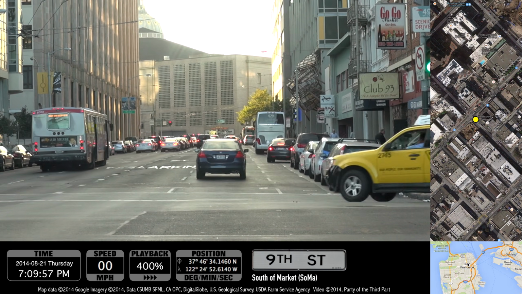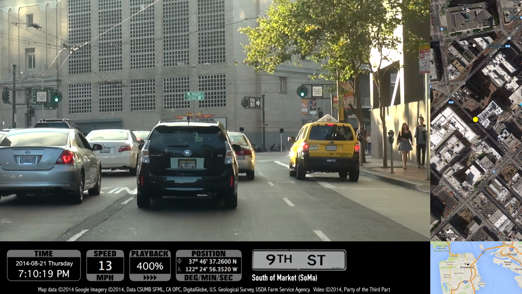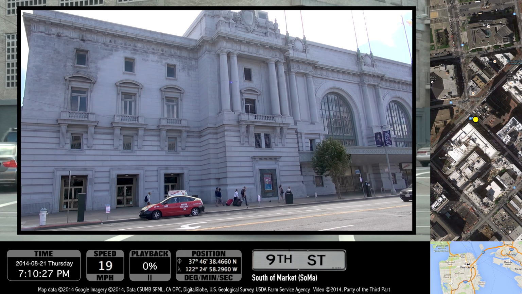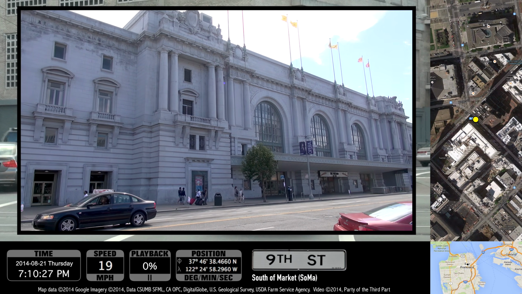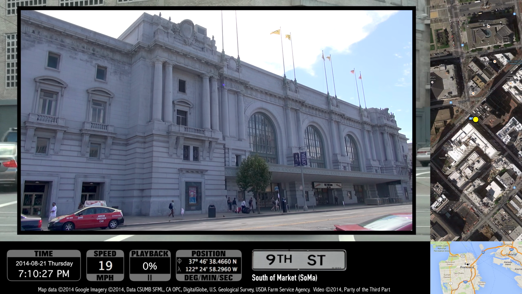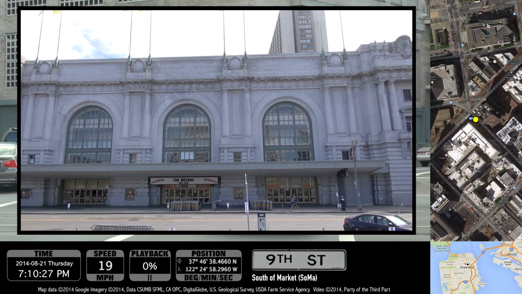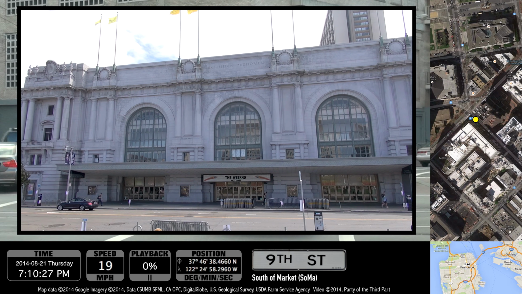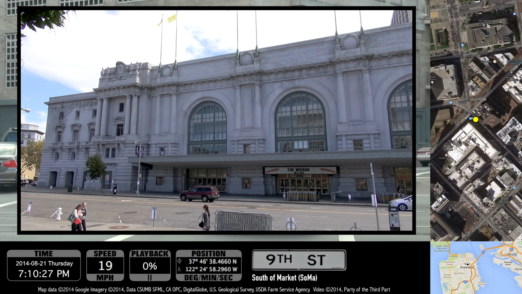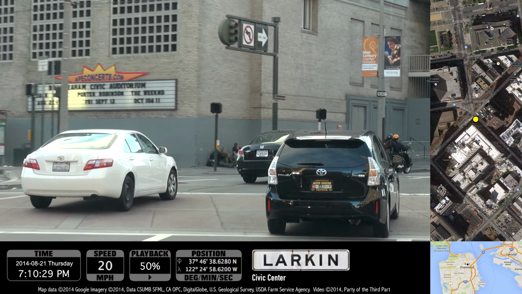The building up ahead and slightly to the left is the Bill Graham Civic Auditorium, named after famed concert promoter Bill Graham, of course. It holds about 7,000 people and was built in 1915 as part of the Panama Pacific International Exposition. They have a lot of concerts here. They also have trouble with homeless people camping out around it because of the location. A while back they came up with kind of a novel solution to that. They started playing really obnoxious sounds and loud music through outdoor loudspeakers to discourage homeless people from hanging out there. Kind of an interesting solution to that problem.